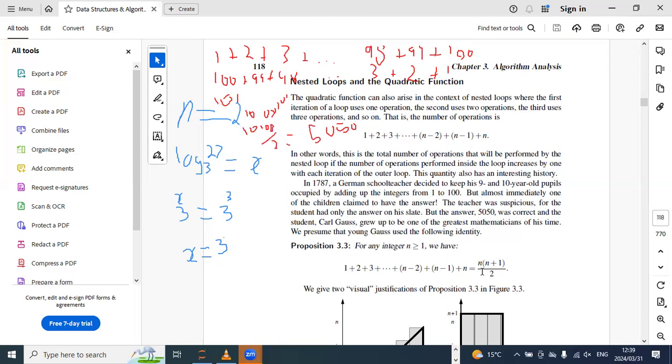You can also use a shortcut, a summation, where you say 1 plus 2 and so on until n equals n times n plus 1 over 2. We know that n is 100, so we say 100 plus 1, that's 101, and then you say 2 times 100 times